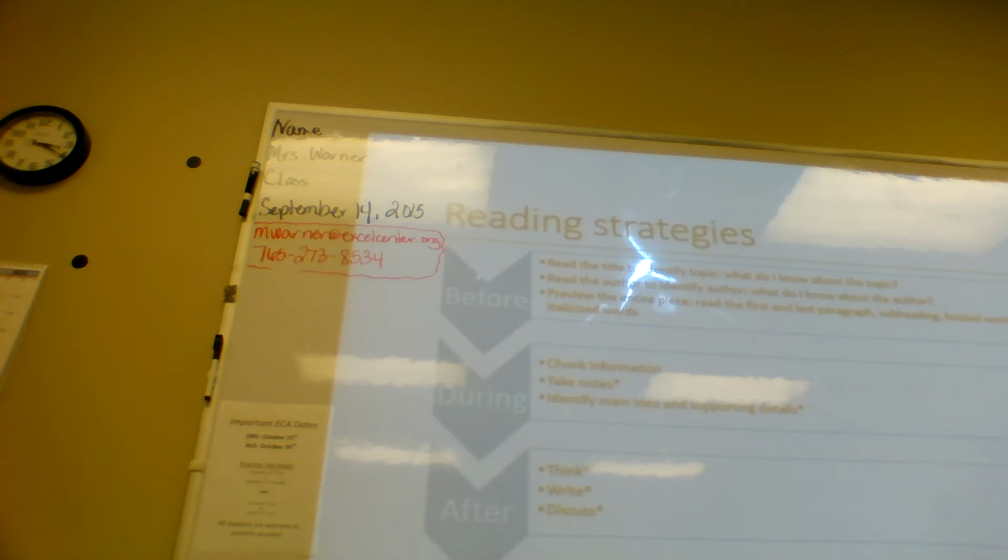So remember we talked last week about having previous connections to people or information. So in doing this, we want to make some connections as early on as possible. So all this previewing stuff is for us to make some connections, to figure out what we know about the piece or what we don't know about the piece. So during involves chunking the information. How do we chunk the information? One paragraph at a time.